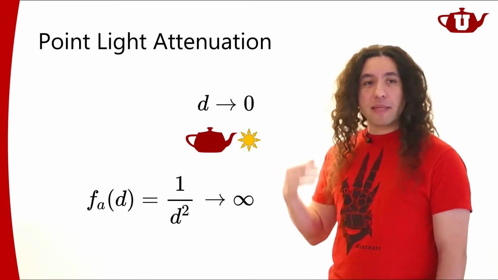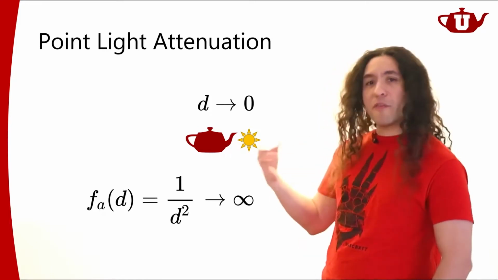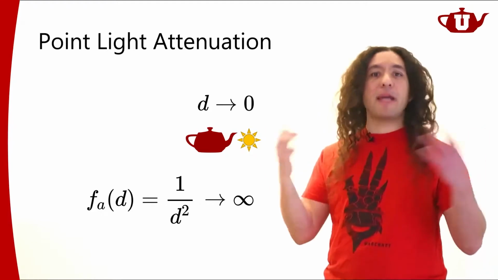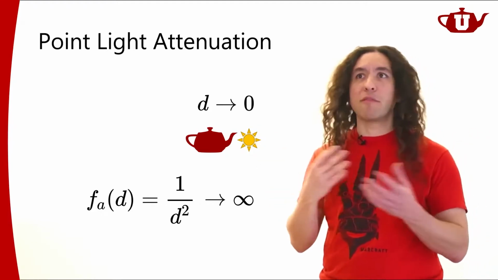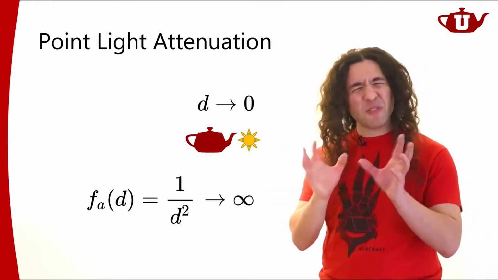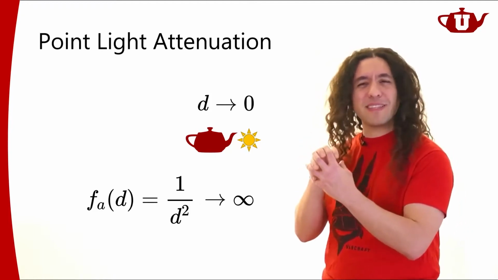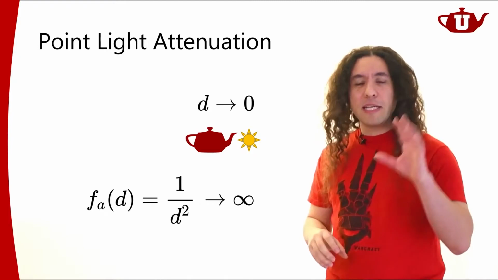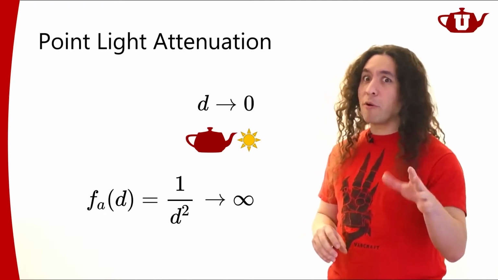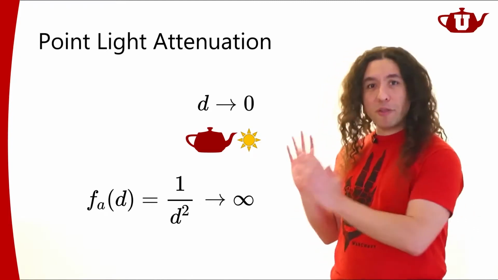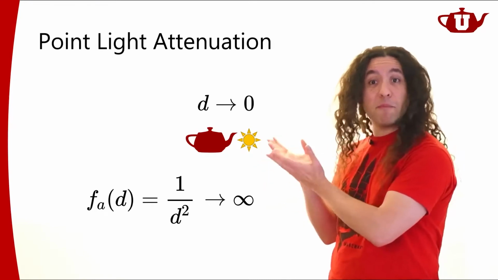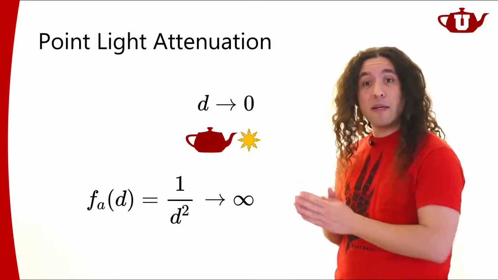So I came up with this simple modification of point light sources. Just add a radius. Turn it into some sort of spherical light source. Not quite a spherical light source, but think about it as a spherical light source, but it's still a point light source. Spherical light sources are a little more difficult to handle properly. Point light sources are very, very simple. That's why we like them in computer graphics a lot.